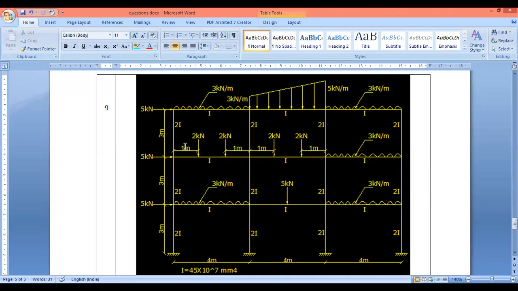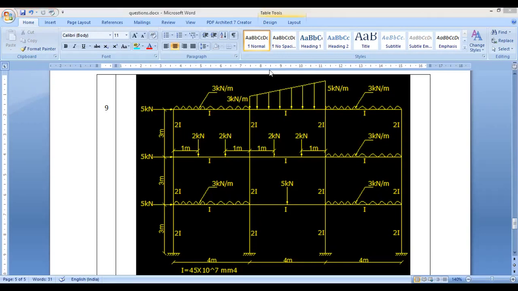And then here you have 2 kilonewton point loads. For this one you will assign this load, and the next you will assign again this load. Similarly here also, right? Then you will create a UVL of 3 kilonewton and 5 kilonewton per meter, and then you will assign here, then 5 kilonewton the lateral load. Okay. So let's first create 3 kilonewton, then we'll go to this 2 kilonewton, then we'll go to this 3 and 5 and this 5, right? Okay.